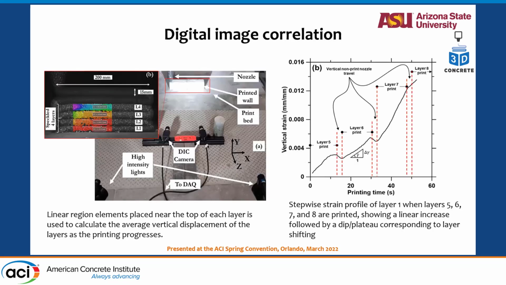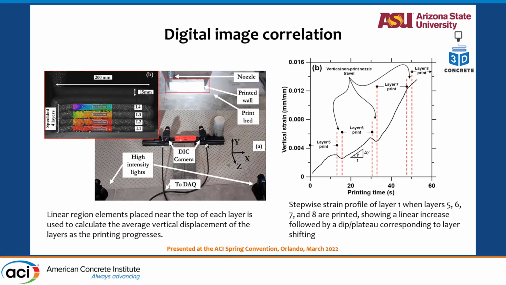Now, is there a way to non-destructively do this or to understand what is happening in the system? So far, we used the idea of stresses. We are moving on to the idea of strains now by doing digital image correlation. So what we did was a slightly modified way where you initially print 4 layers of your concrete, speckle it, make sure that you can make measurements using digital image correlation on that, and then build up layers on top of that, and then see what the relative displacement of the bottom layers is